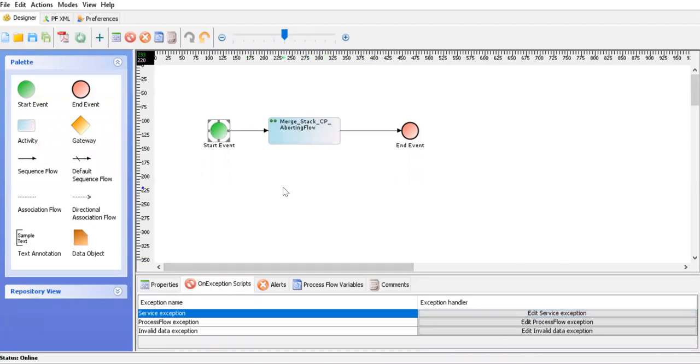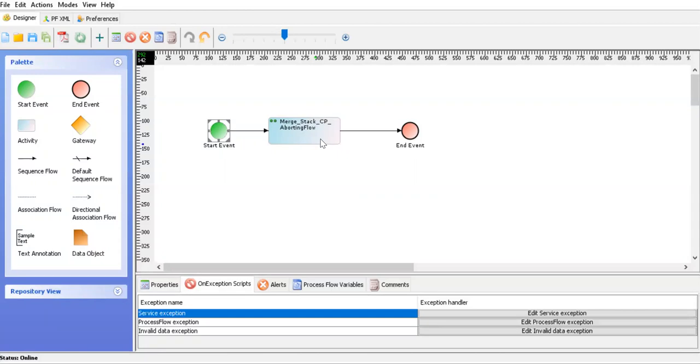So the exception can occur in different scenarios. If you're connected to a database or if you're connecting to some API, that can throw an error. Or in case of invalid data, if you're trying to map or access that data, you'll get an exception. And if you're looking for a specific message or response from the API and you don't receive that, and you want to throw that exception back, so you want to manually abort the flow, okay? So these are the scenarios where you can get the exception, okay?